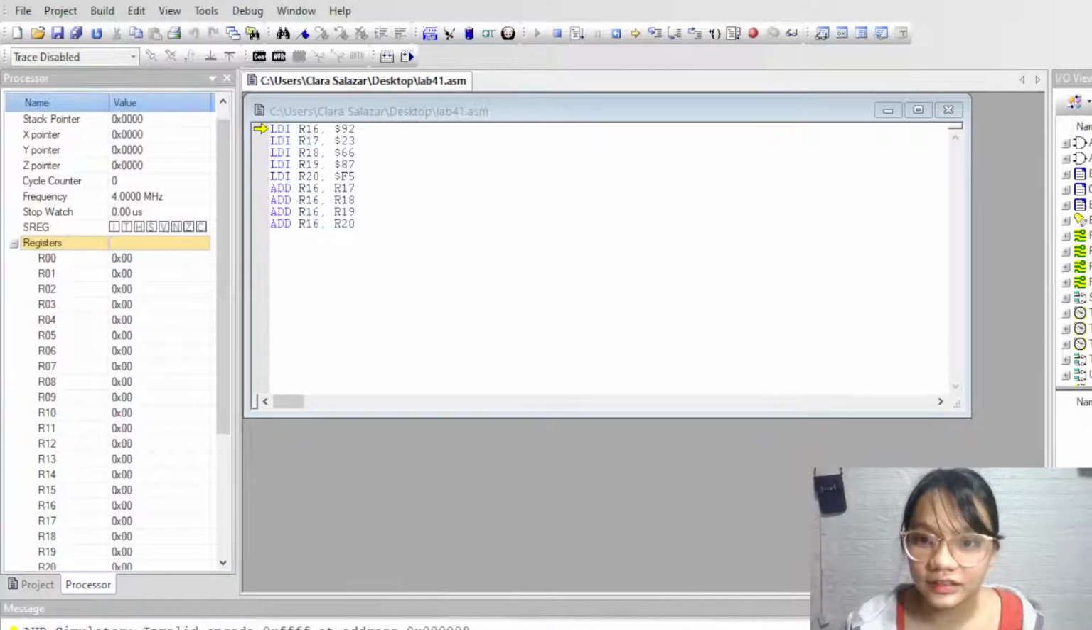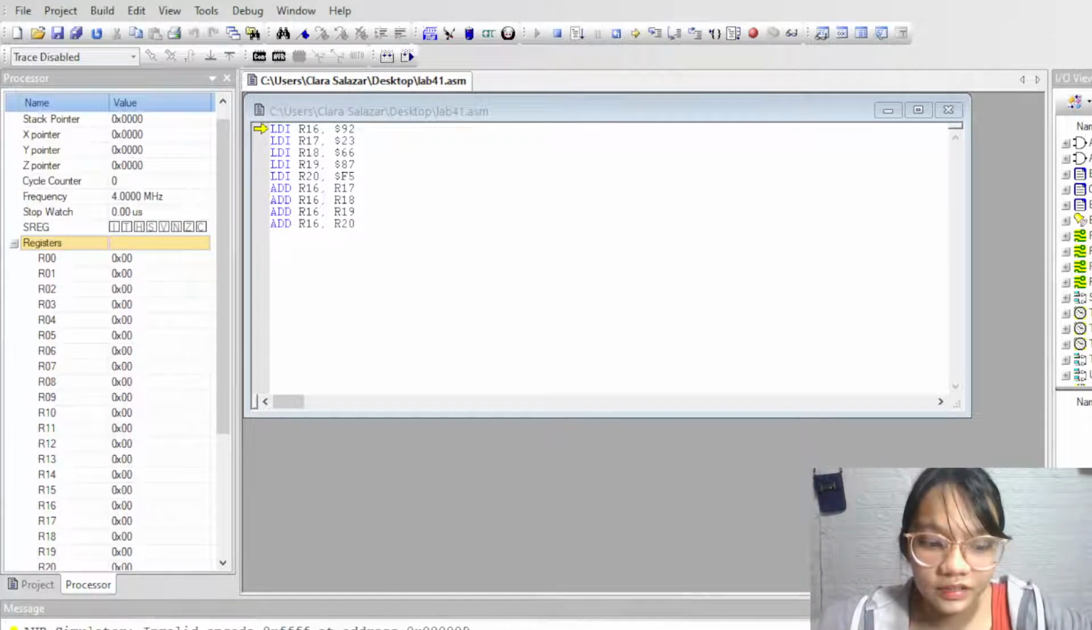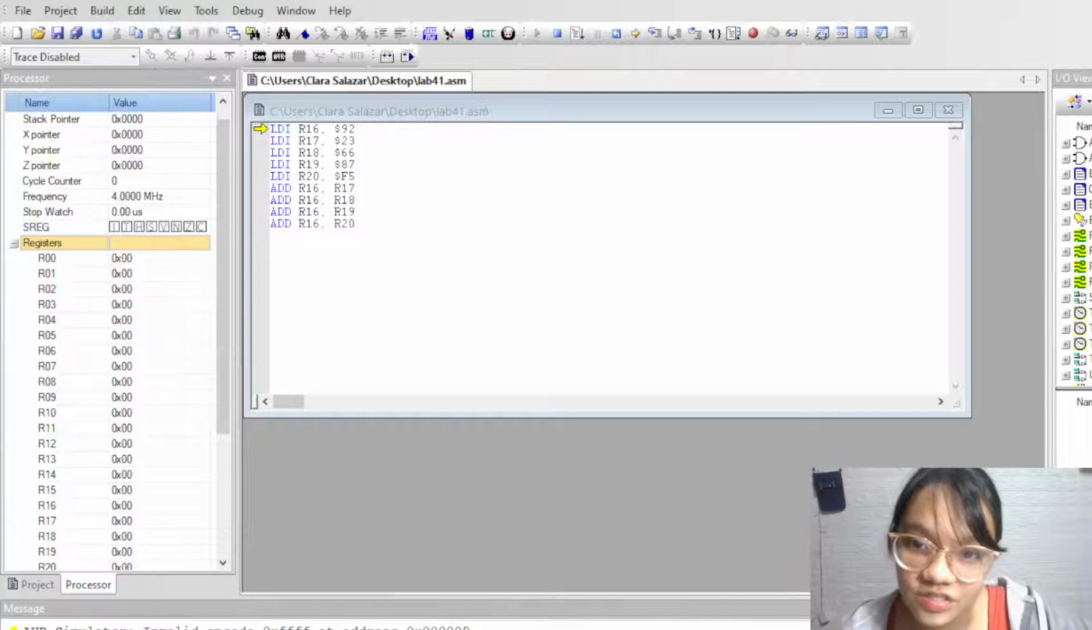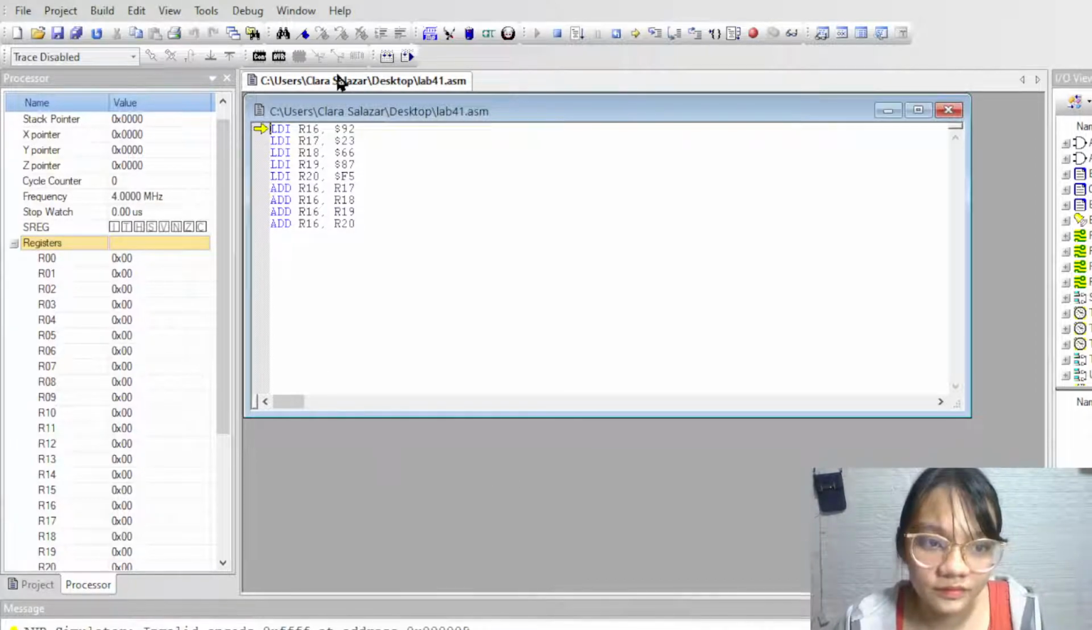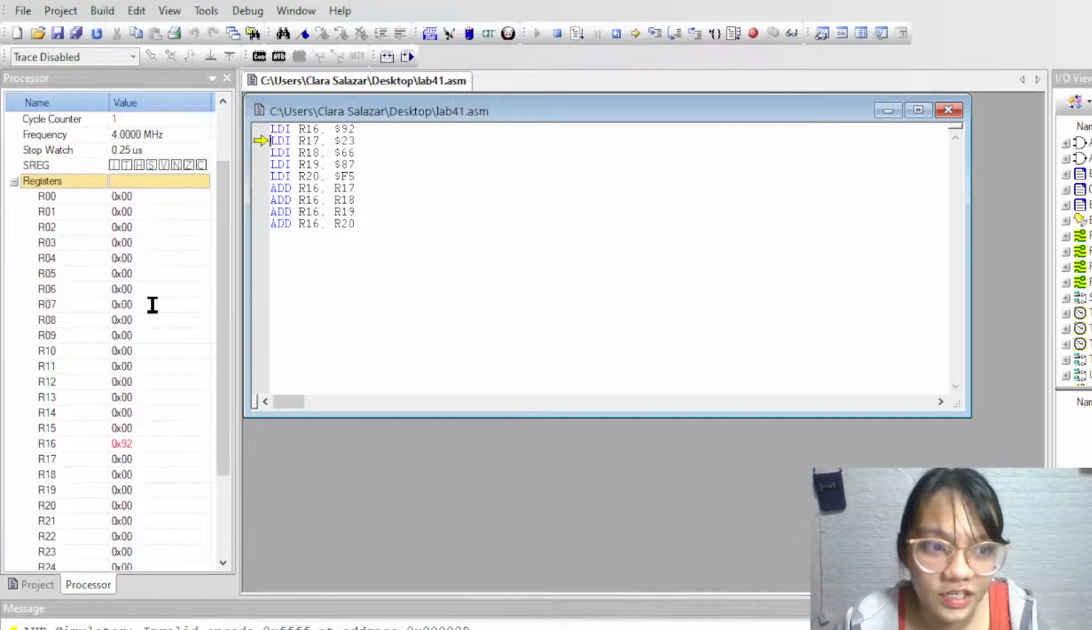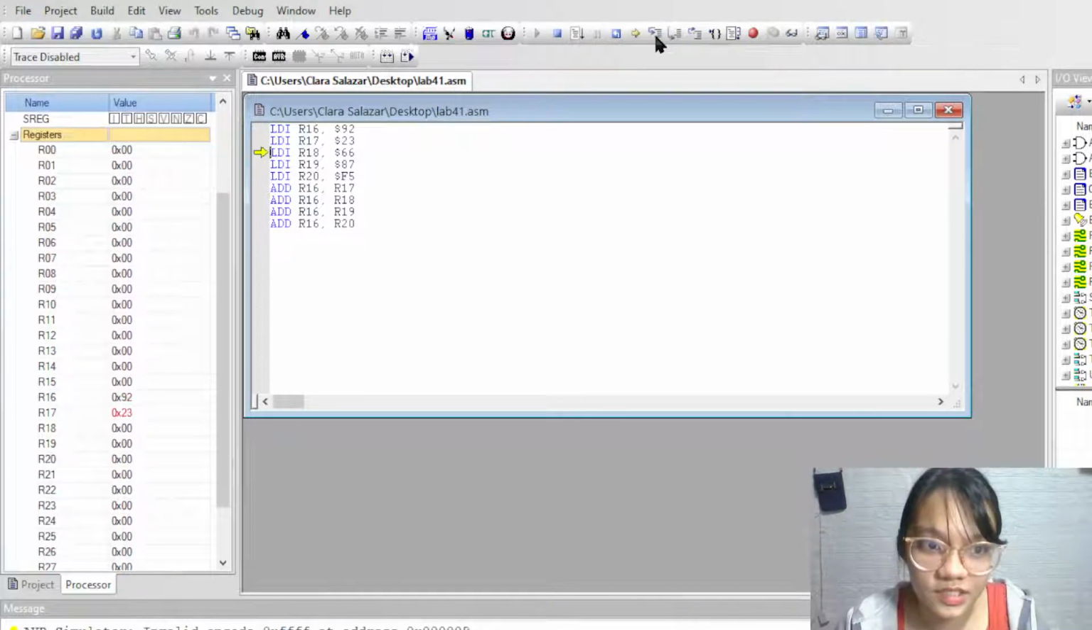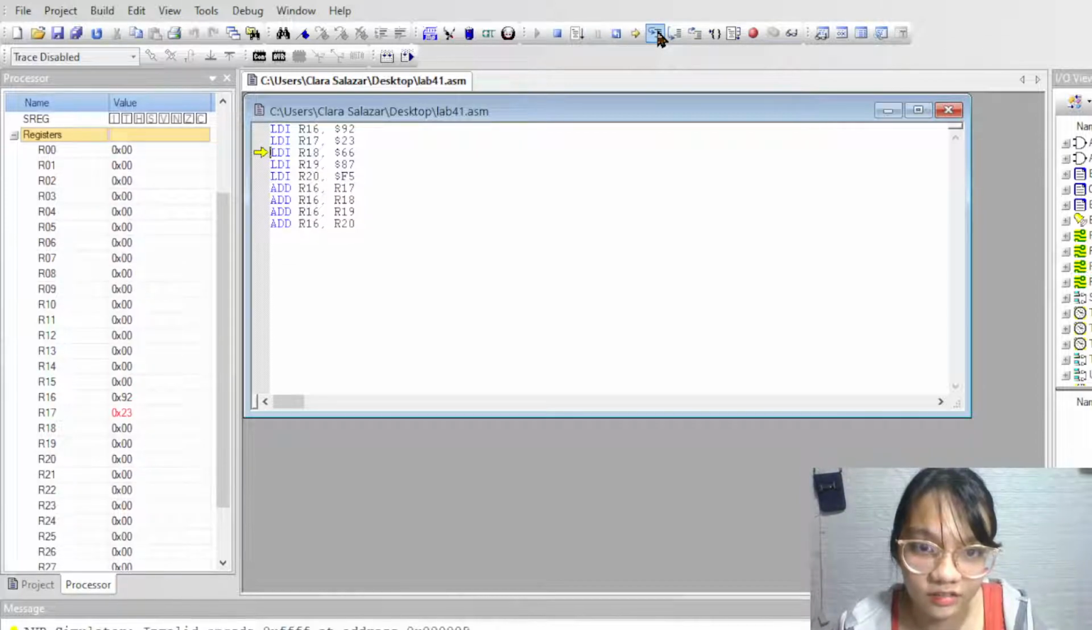In the first activity, we are asked to write and assemble a program to add the following data and then use the simulator to examine the H, C, and Z flags after the execution of each addition. First is to store data. Starting from R16, we are going to store R16 with 92, R17 with 23, R18 with 66, R19 with 87,